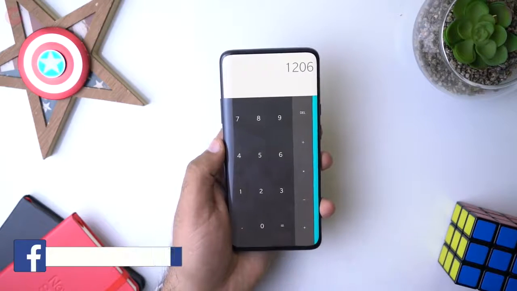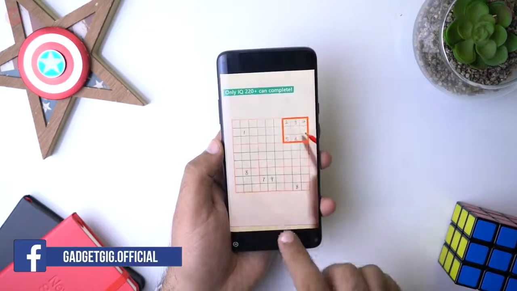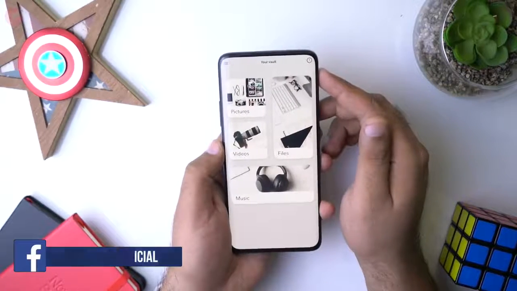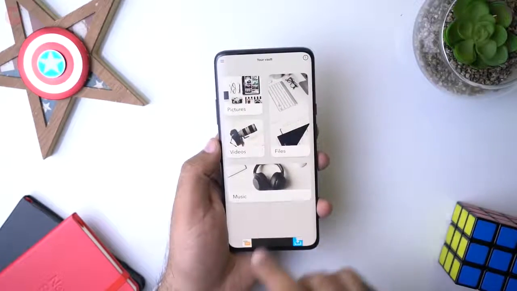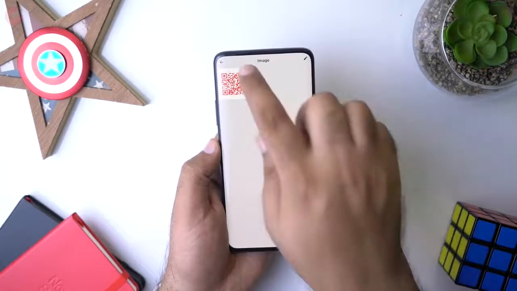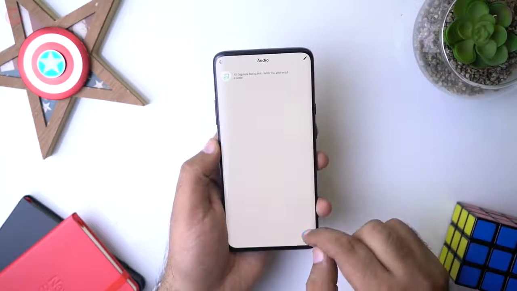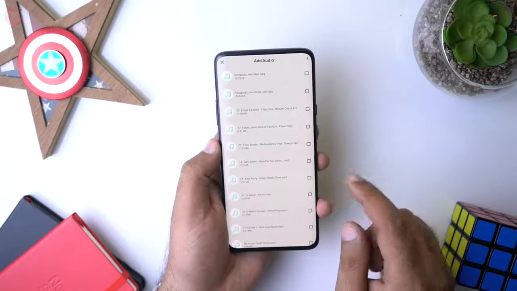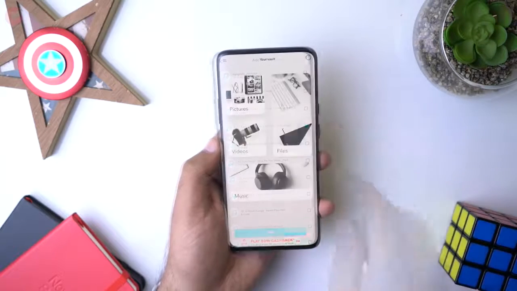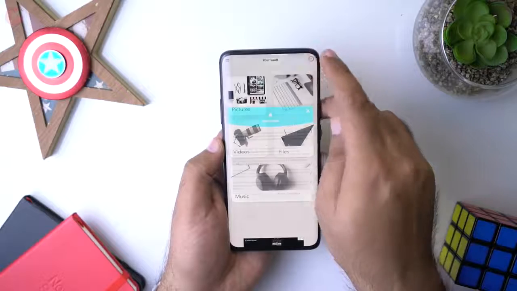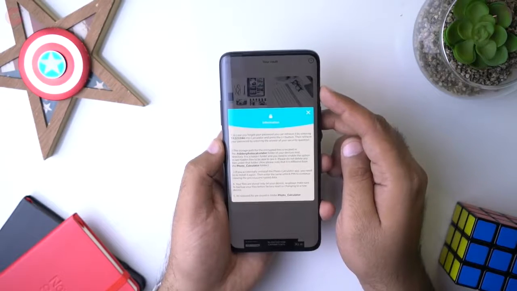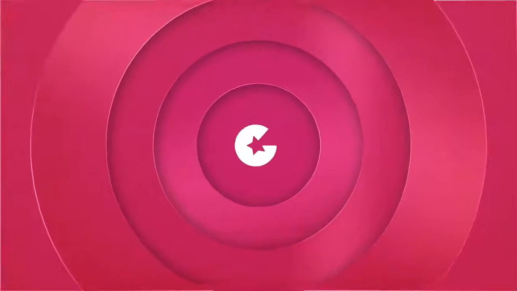Now talking more about the usage, at the time of the initial setup, you can set up an access code and whenever you enter the code and press the equal button, you will get the access to your hidden vault. And here you have your photos, videos and files which you have hidden earlier. The app is really good and will be very helpful for hiding your files. Overall, if you're looking for a file locker for your phone, then do check out this app.